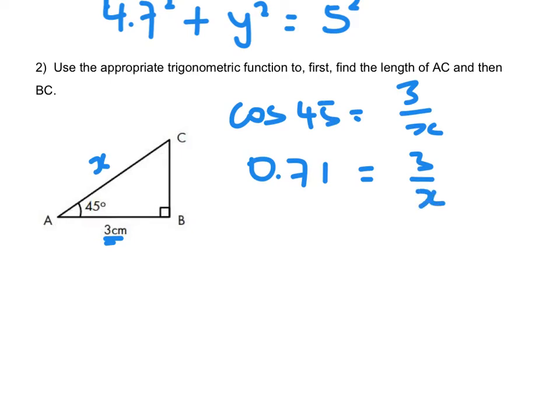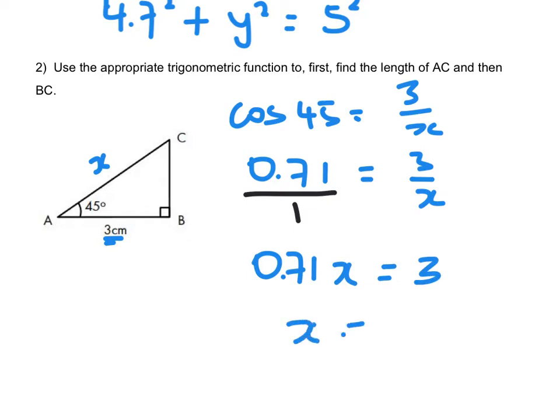Now, be careful, because the x is on the bottom here, it presents us with a different problem, right? So what I'm going to do to help us to solve this, I'm going to make the 0.71 over 1 to make it like a fraction, and then we can just cross multiply. So 0.71 x equals 3. So x equals 3 divided by 0.71,